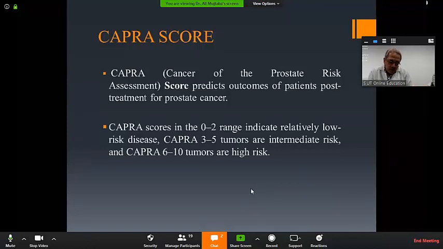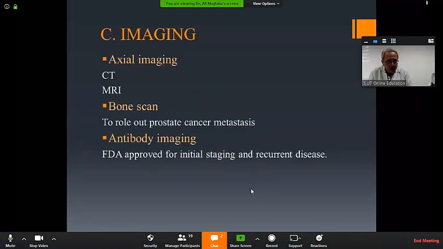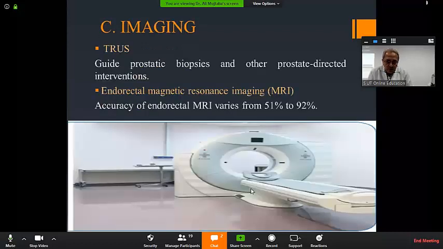So what we have got these days is known as multi-parametric MRI. Now it might be biparametric or multi-parametric, and what those parameters are we'll see later on when we discuss this topic in more detail. But whenever a person comes to you in the clinic and you have done your physical examination, that is DRE, and there is a suspicion that the person has got a malignant prostate, which is a bony hard prostate on palpation, then what do you do? You want to have an estimation of PSA.